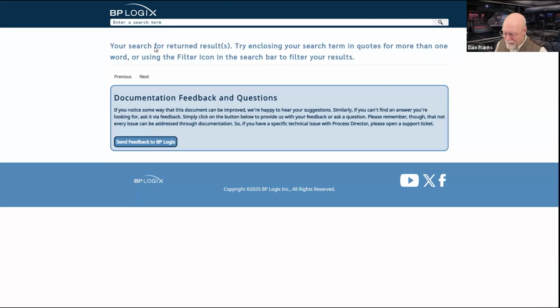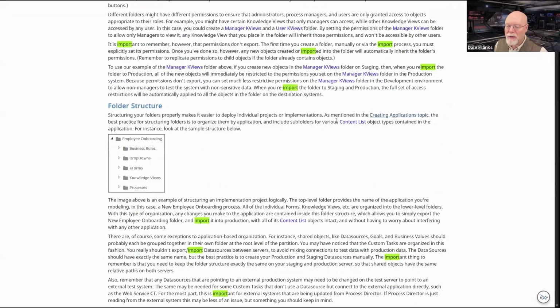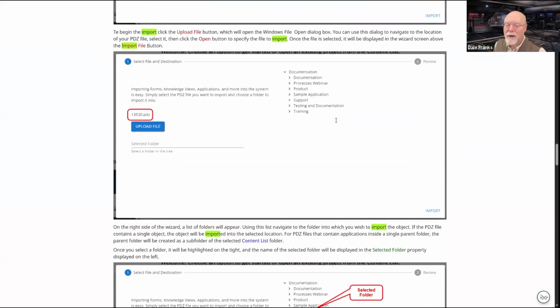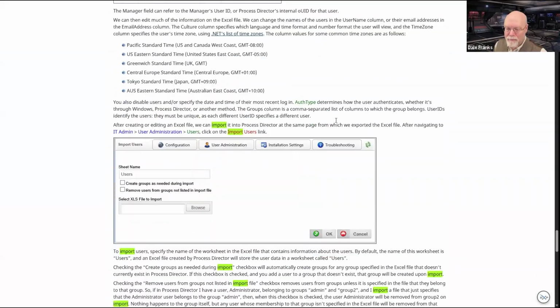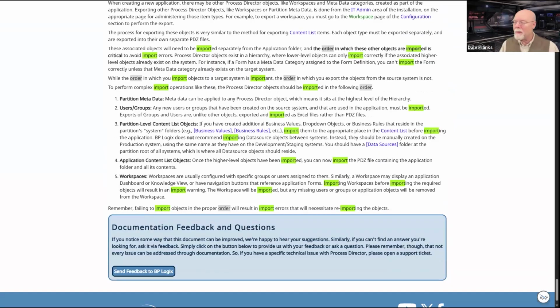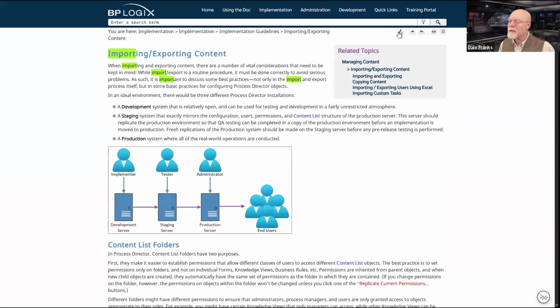I know I have it. I know I cover it in a training course. So importing, exporting content. It sounds like it might be in here. I think it's way down at the bottom of the page, and it is way down at the bottom of the page. So here it is at the bottom of this page, and let's turn off the stupid highlighting, which I should have done at first.